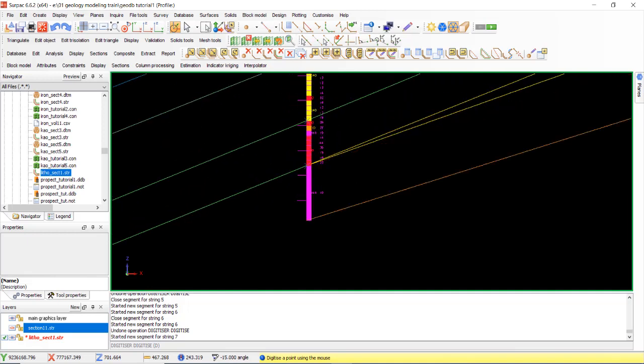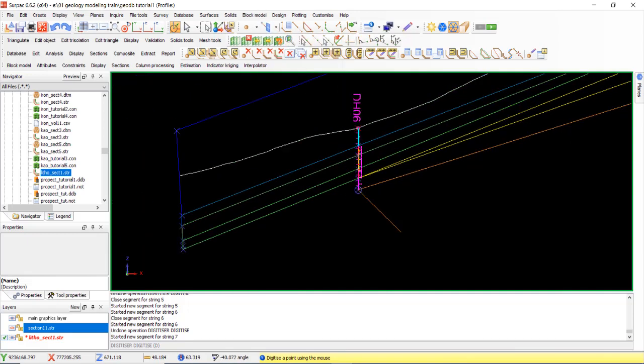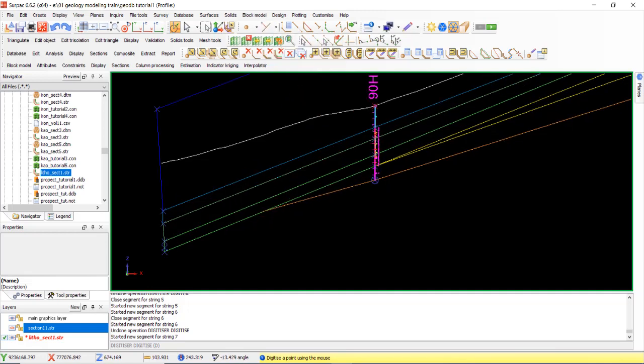About 15 degrees for the sloping angle. 15. 15 to this line. Okay, select line. Select line.